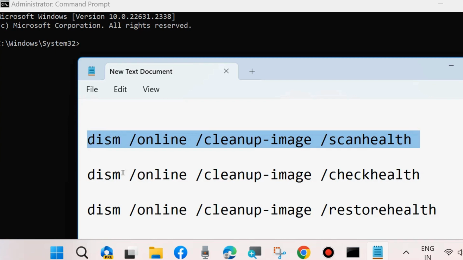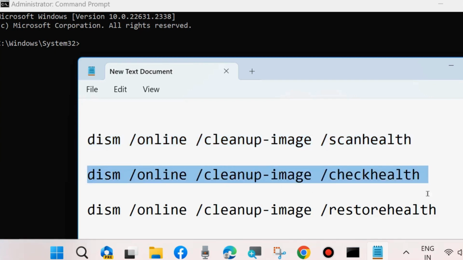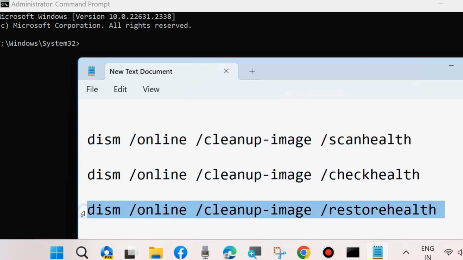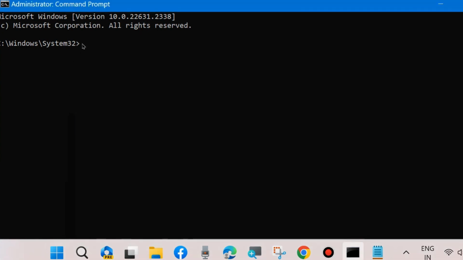DISM scan health, DISM check health, and DISM restore health. Execute all these three commands one by one followed by the enter key each time, and after that execute the command sfc space slash scannow and press enter. It will scan your system for corrupted